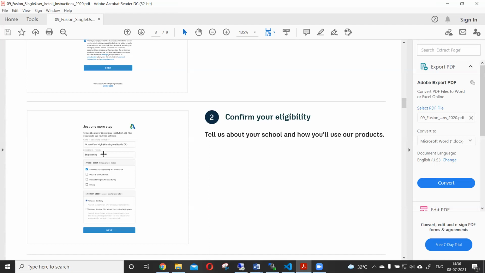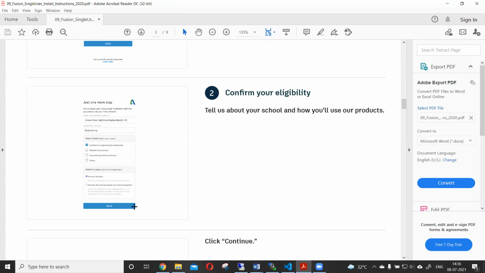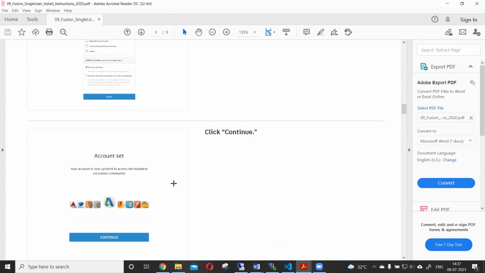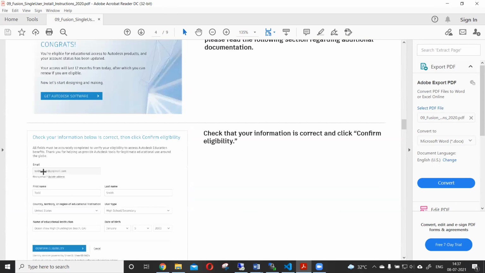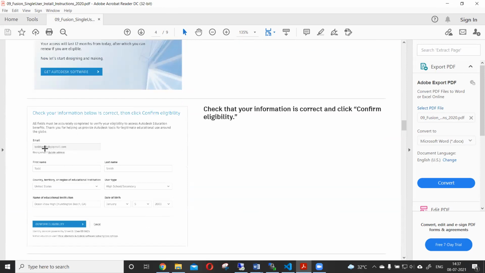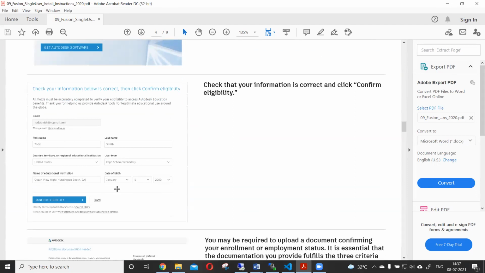Then select the type and the purpose you are using it for, personal use or sector. Click on next, continue. Then again check your information here: your email ID, first name, last name, country code, etc. Then click on confirm eligibility.